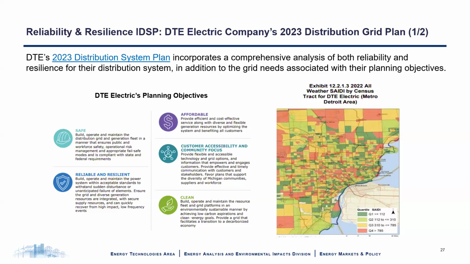In the case of Detroit Edison, their 2023 plan is fairly comprehensive. It's a useful plan to look at. It's fairly long, but there's a lot of good information in there that you might find of use in terms of how you think about implementing a more integrated planning process in your own jurisdictions. This is just an example of both their planning objectives that they're very clear about up front, the 5 objectives that they've identified, which align to the state objectives, and then just a short illustration of how they started to look at SAIDI information and weather impacts by census tracts, so starting to kind of zero in on particular areas. The next slide